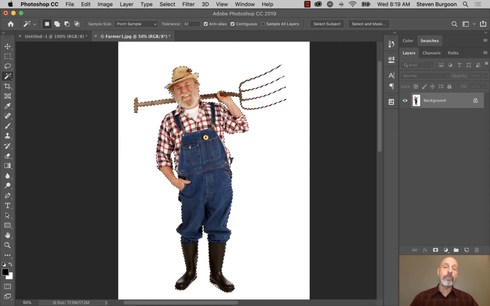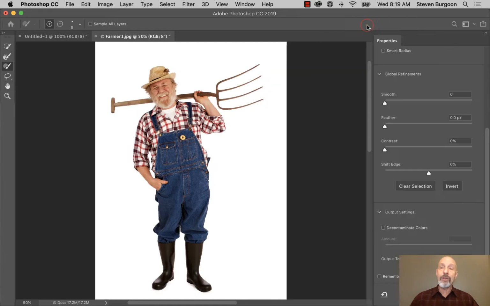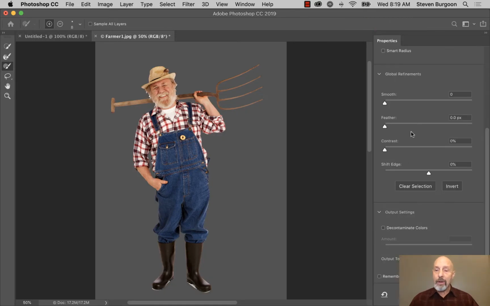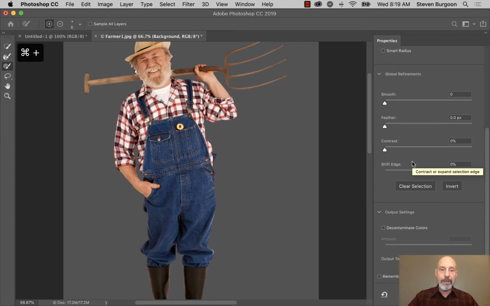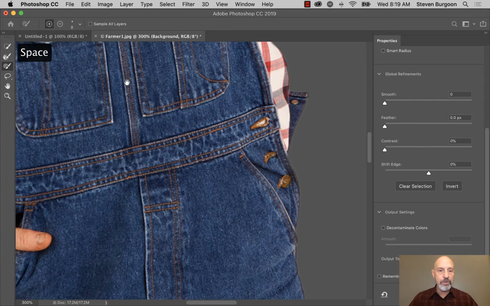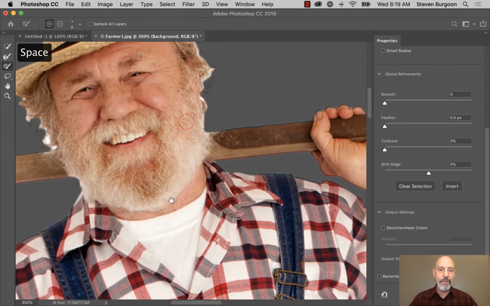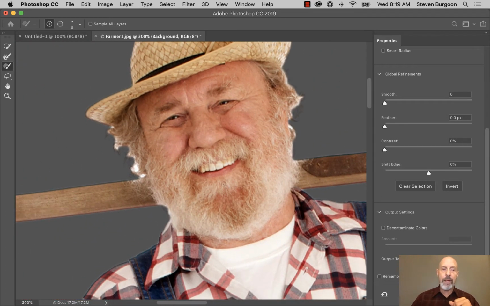From this new selection, I go back into the select and mask mode, and now I'm not going to change any of these dials because I've already dialed them in. As I zoom in, you can see my edges are still nice, but I still have this problem with the hair. This is where I'm going to go into the Refine Edge brush tool, grab that brush, and just simply paint the edges of the hair